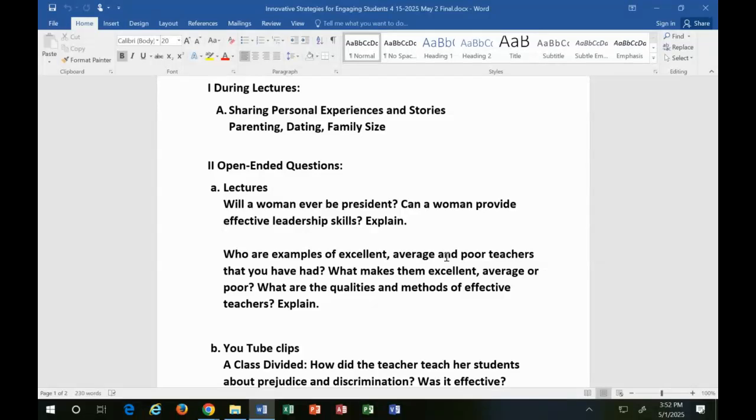What are some of the questions you might ask in your subject matter? Especially to get them going, so that maybe a discussion develops from it. Well, I teach adult ed, GED classes, language arts. So every day we have a different reading, and there are always open-ended questions with every reading, no matter what it is.